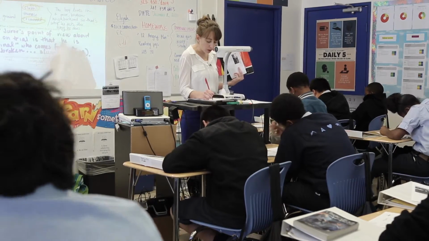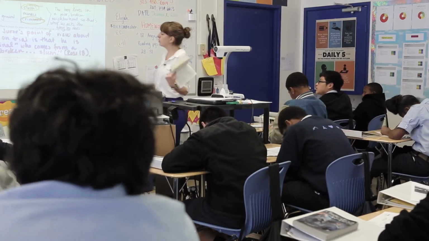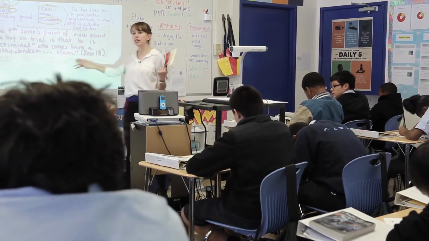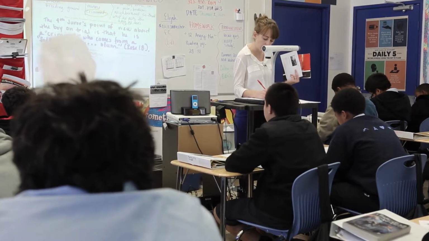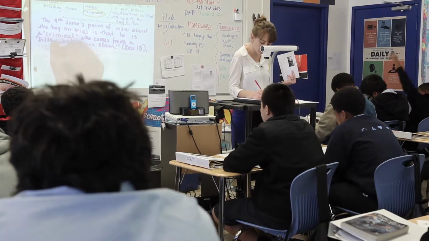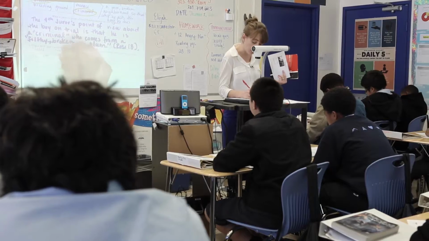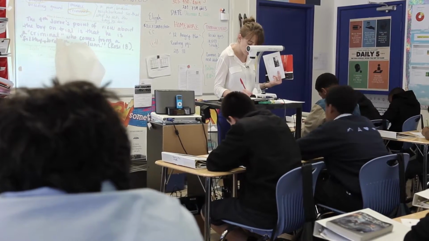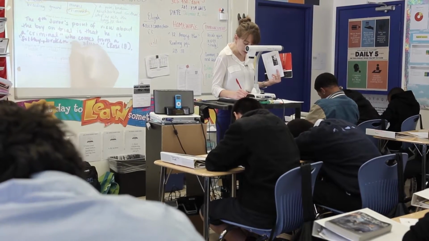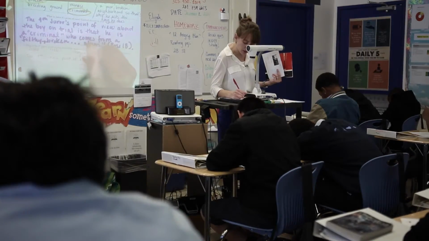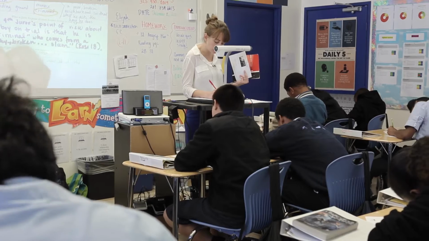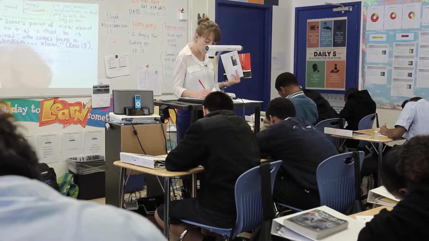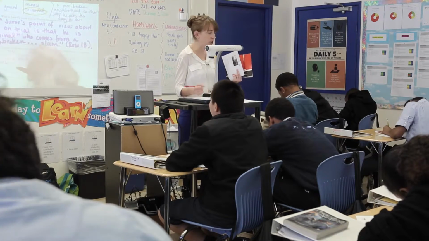So right now, you're gonna try answering question number 1. What is the fourth juror's point of view? How should I start off my sentence? Sergio. The fourth juror's point of view is about what? About the boy's knife. Great, perfect, nice job. The fourth juror's point of view, can you put your head up, please? About the boy's knife.